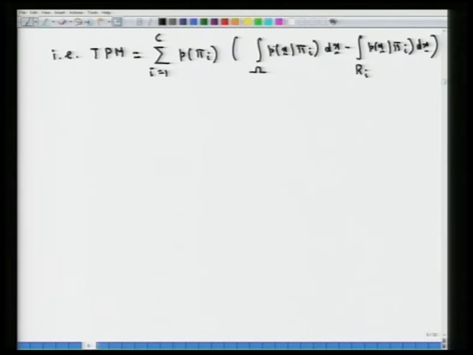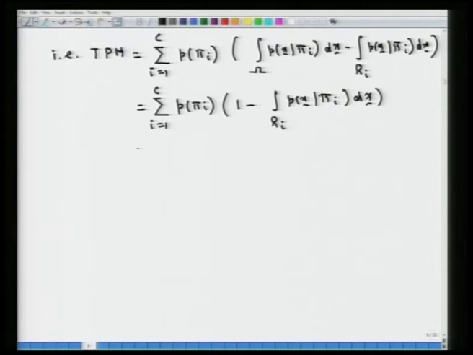Now, the first integral is equal to 1. So, what we will have is summation i equal to 1 to c of p of pi i multiplied by 1 minus the integral, and we leave the second term as it is, p of x given pi i